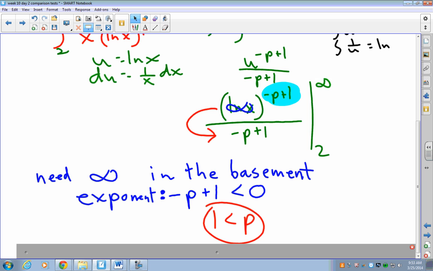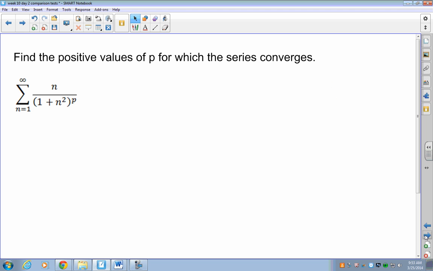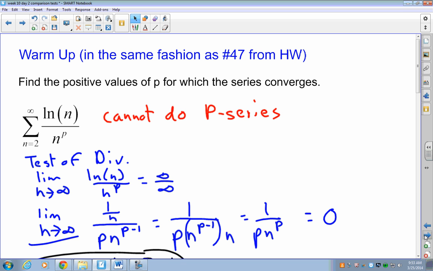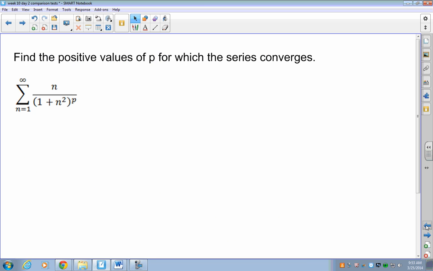So I want you on the boards to try out that problem and this problem. And I'm going to write them on the same page so you can see, and then you guys can try them out. Okay? So you can go to the boards. Perfect timing for me to